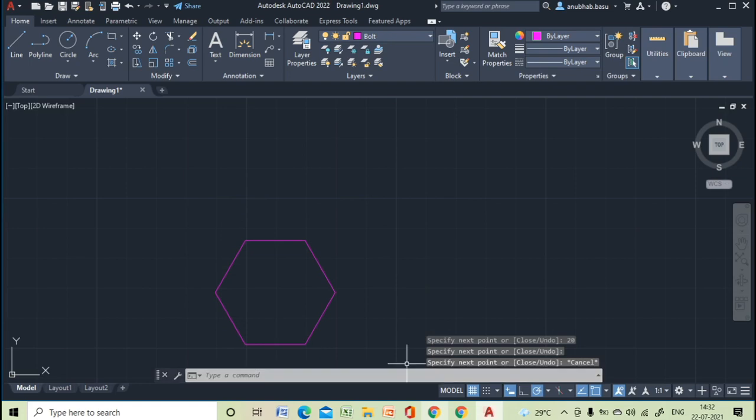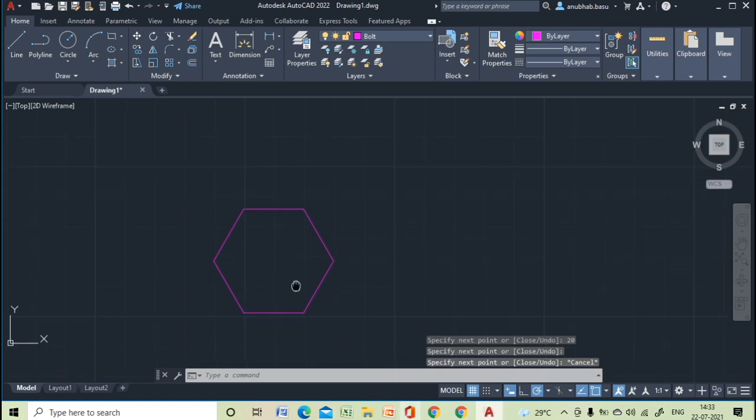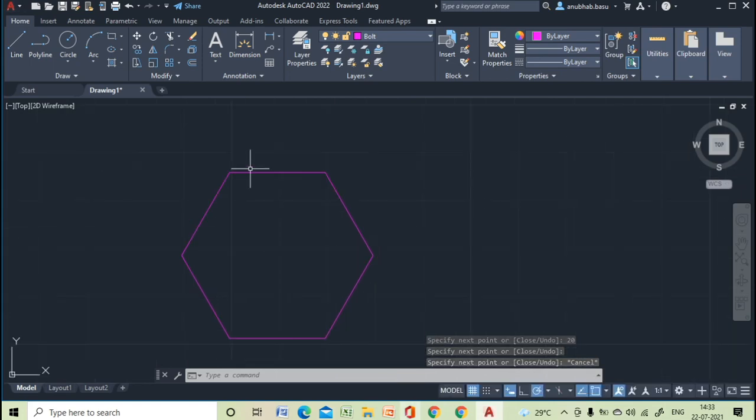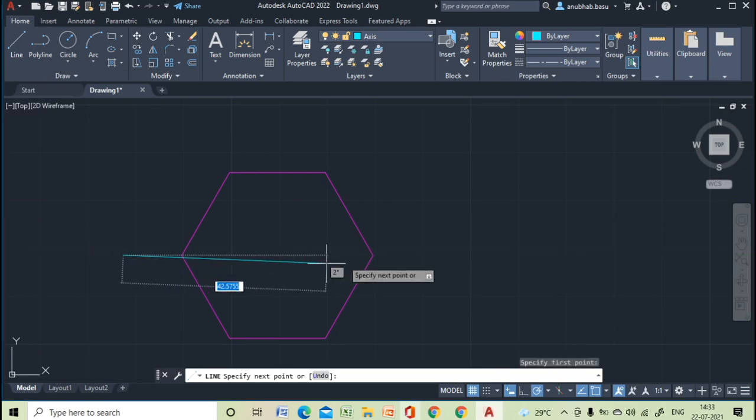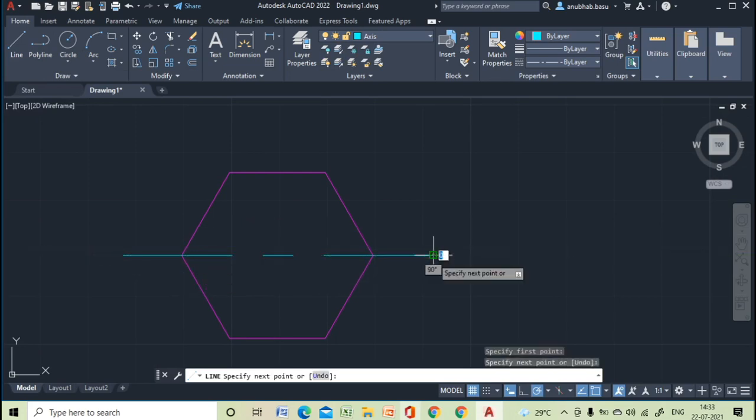Now we will draw a circle within this hexagon. But before drawing the circle, we need the center line. To find the center line, we can directly draw the axis.